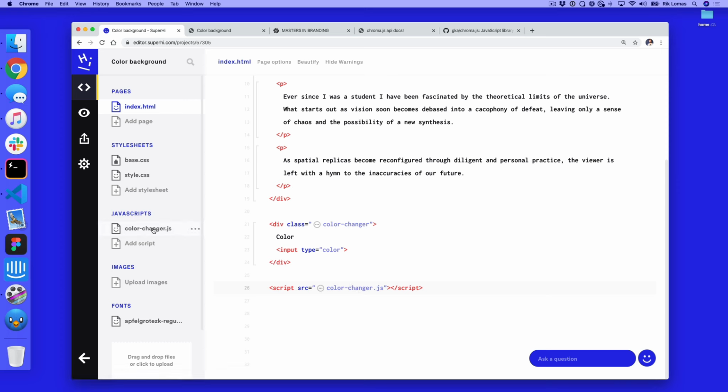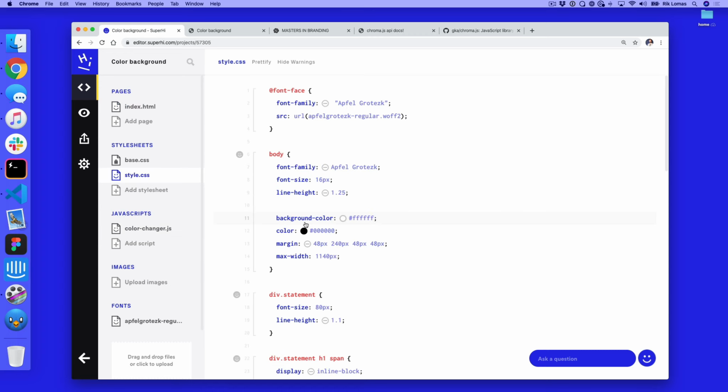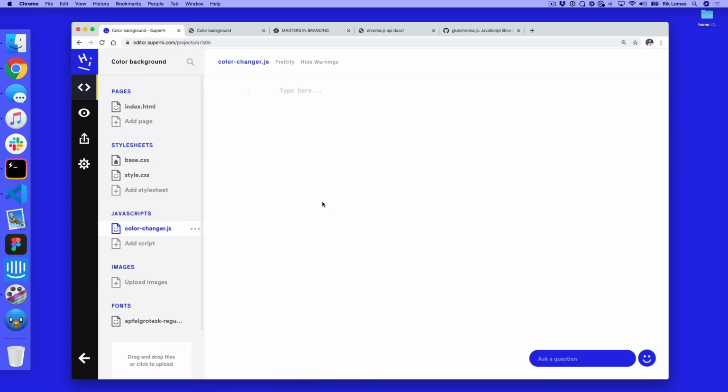At the moment, there isn't any code in here, but what do we want to add? Well, the first thing I want to do is hook my input up with the body of the page. So I want to change this thing based on what my user has picked. So in my color changer, I'm going to pick two things. The first one I'm going to save to a constant called changer. What is the thing that changes? Well, this is going to be equal to